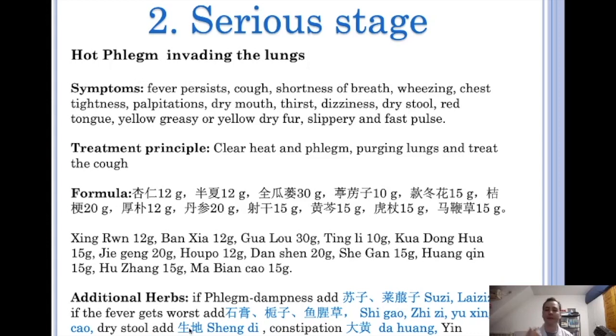And for example, for the fever, I just told you we can use 白虎汤, we can use 石膏, we can use 栀子, we can use 鱼腥草, okay, really important herbs, these three. For dry stools, like in deficiency, we can also use 生地黄, okay, and for constipation, we can use 大黄, okay. If we're going to use 大黄 for constipation, don't use a lot, okay, we're going to use only a little bit, maybe we start from 5 grams, and then we can increase the amount to 12 or 15, depending on the case of the patient, but we advise to start with a little amount, okay, don't use a lot, and we can add also Midone.